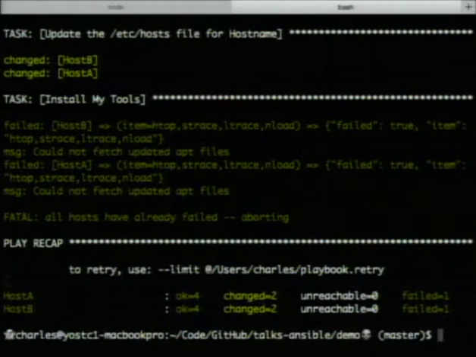Any questions on that? When a task fails, does it go to the next task, or does it just stop there? Depends on how you've written your file. So it says to retry. If you use that playbook.retry, is it just going to try the failed tasks? Yes. It will try the failed tasks on the machines that they failed on. So if I had some machines that completed successfully, those won't be touched. The failed ones will. And all that playbook.retry is, is a modified inventory file that contains only the hosts that failed. So it's very accessible.